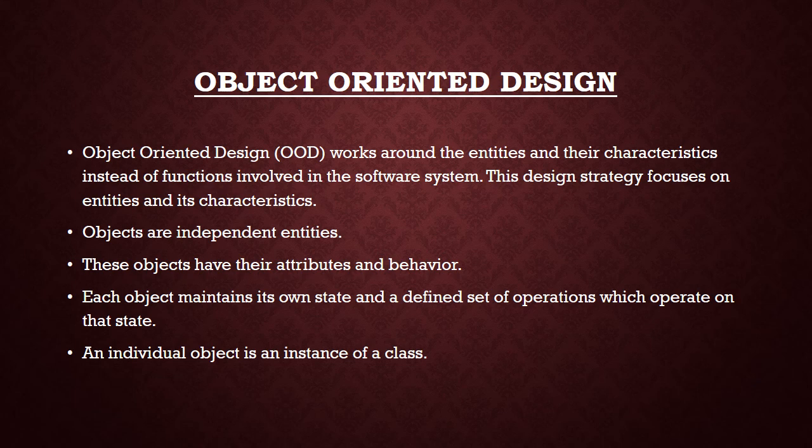That means what we have discussed in function oriented design is that it works by the process of defining all the functions and decomposing the entire system into simple modules or simple units, which are known as the functions, and we are following the top down approach. But in case of object oriented design, we are not focusing on the functions, but we are focusing on the real world entities, which are known as the objects.